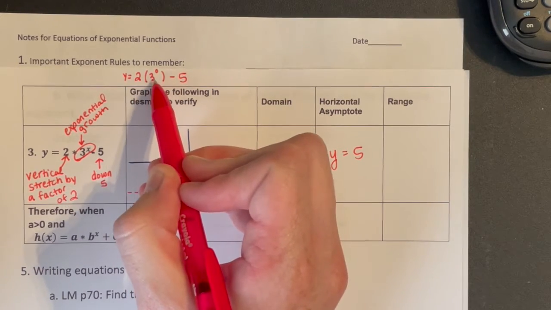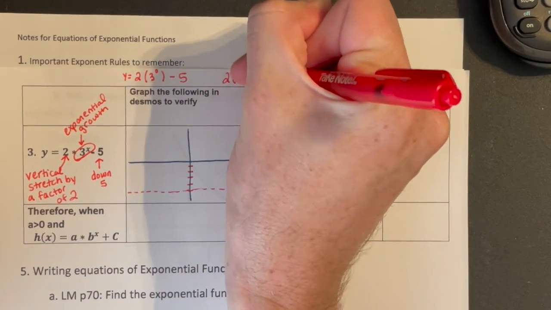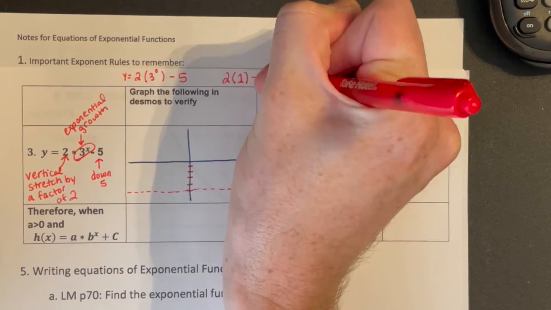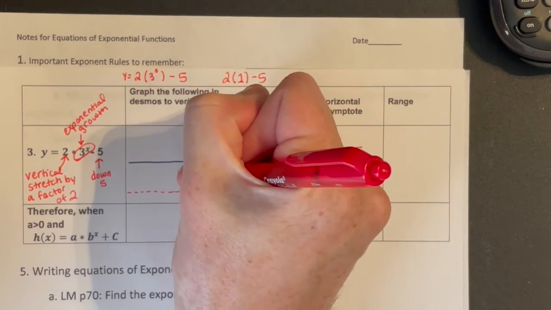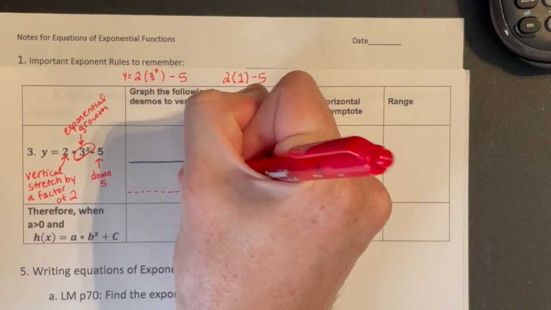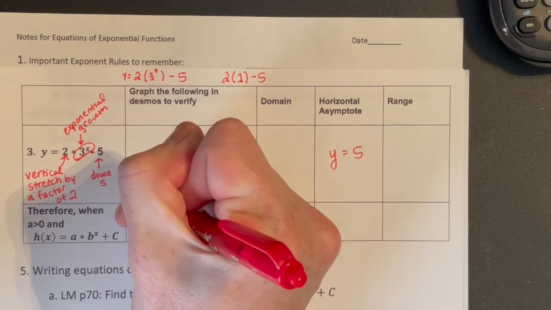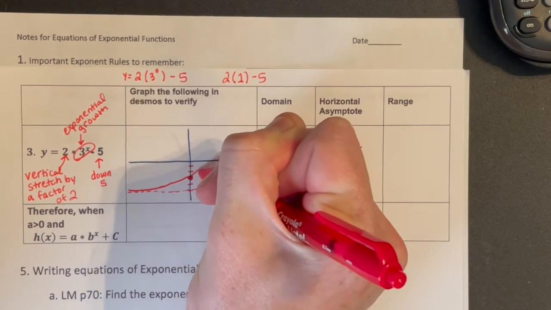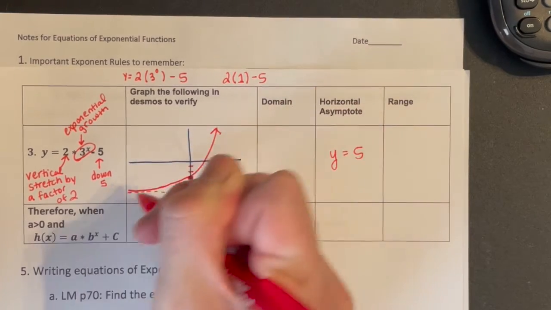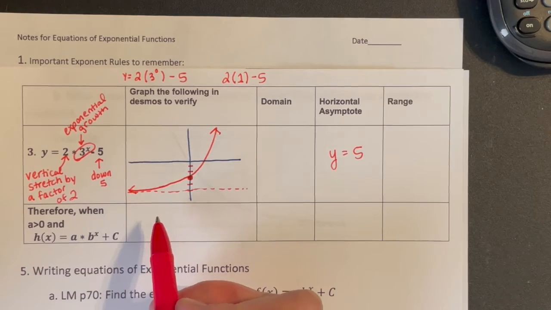So 2 times 1 minus 5. Two times 1 is just 2, so 2 minus 5 is -3. So I'd have a y-intercept here at (0, -3), and we know it's exponential growth, so our function should